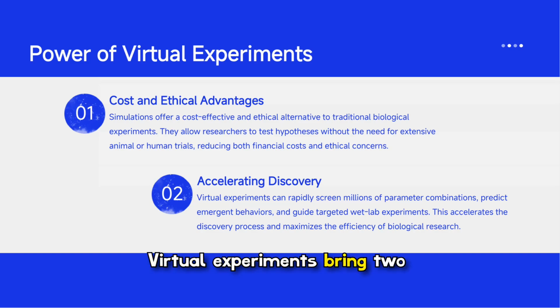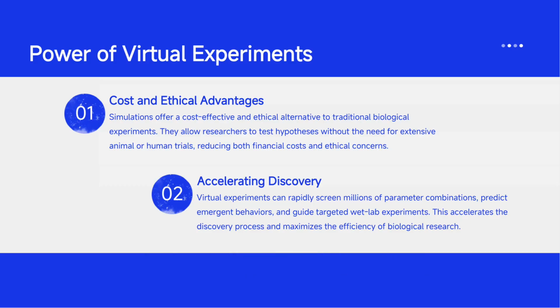Virtual experiments bring 2 powerful advantages. They reduce cost and ethical concerns by limiting unnecessary animal or human trials, and they accelerate discovery by screening many parameter sets and predicting emergent behaviors. In practice, simulations help narrow down hypotheses and design targeted wet lab tests, making the whole research cycle more efficient